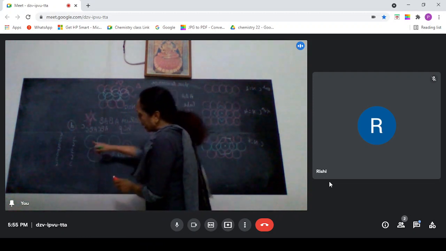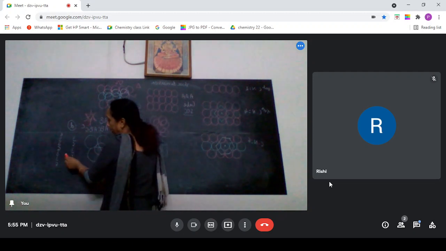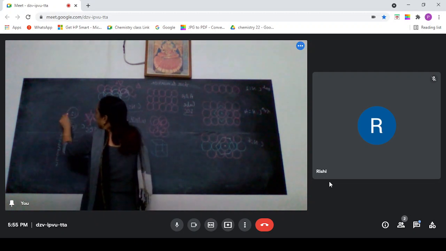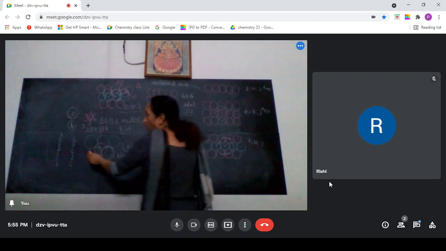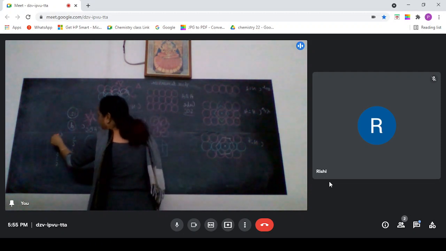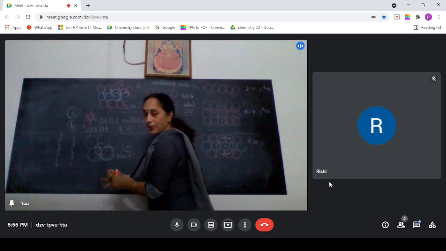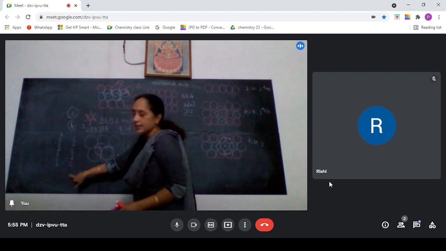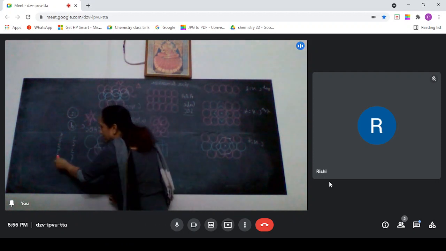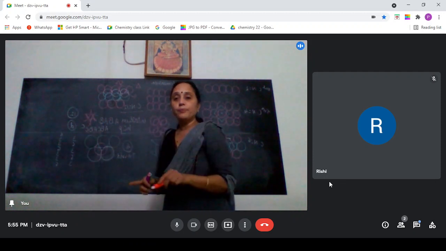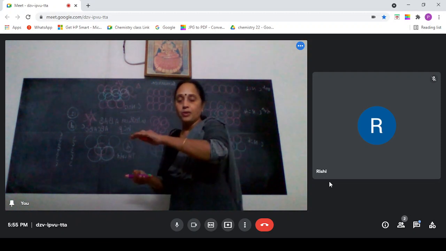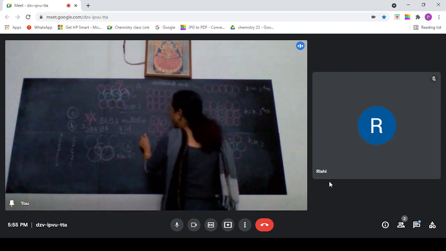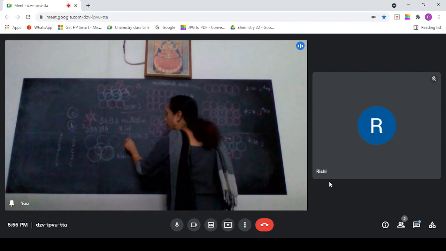So in both the cases, each particle is in touch with 12 nearest particles, both in AB type and in ABC type. ABC type will be 6, 3, 3, 6, 3, 3 like that. This will be 3, 6, 3, 6, 3, 6 like that. In both the cases, each particle will be touching 12 other particles. So both of them are quite efficient. Both of them have coordination number 12.